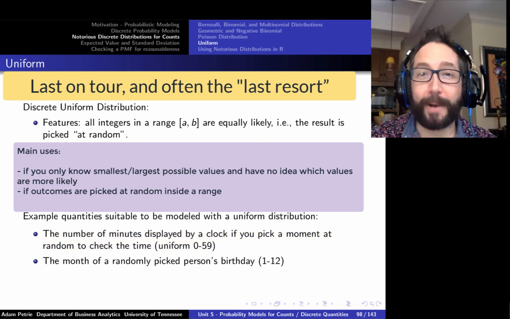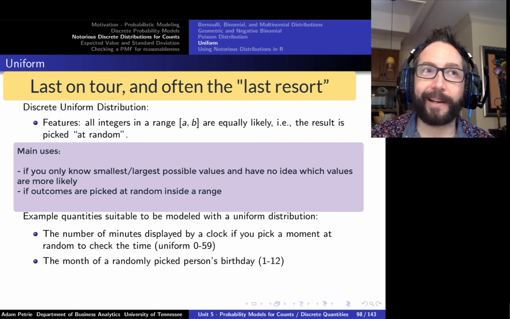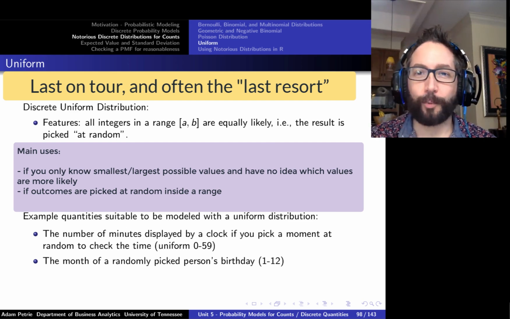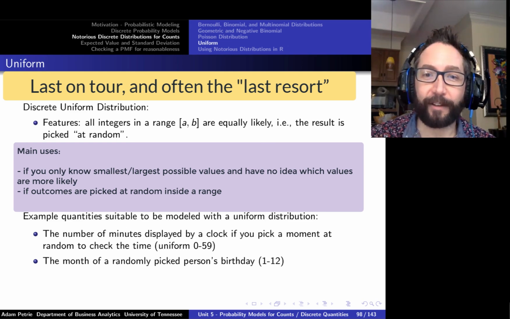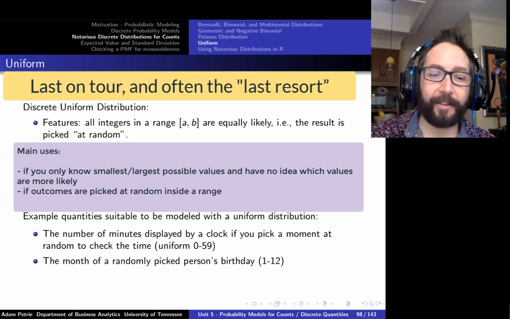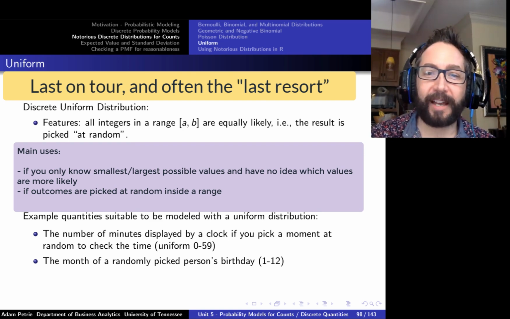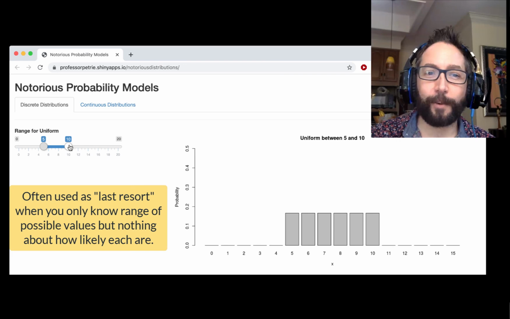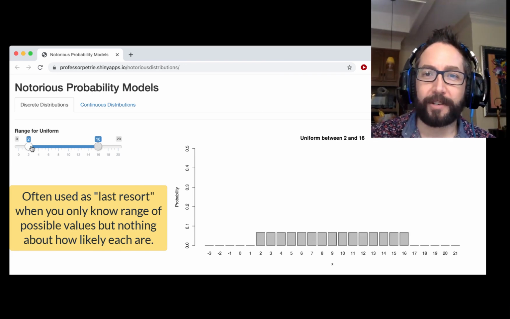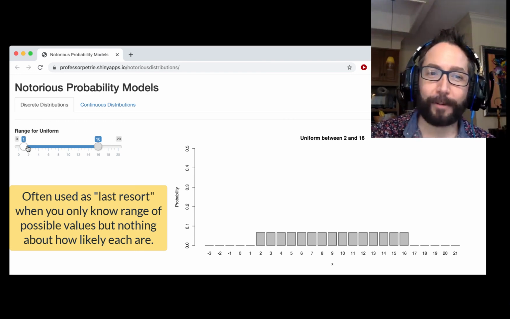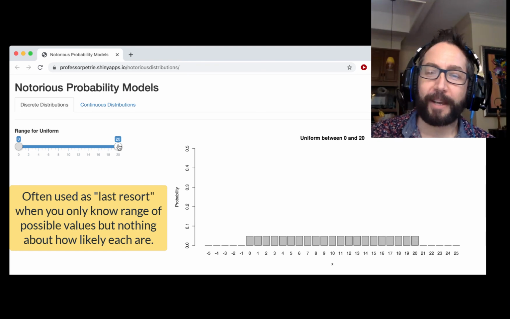Sometimes you just don't know much about the business process. You might just know, well, I know the values I'm going to get range somewhere between 10 and 15. I couldn't tell you which one's more likely, so you might just impose a uniform distribution over those possible values. So not a very interesting distribution to work with, kind of our last resort. Here's a visualization for it. If we increase the range of values we might have seen, of course, the probability of observing each one of those particular values gets smaller and smaller as we include more and more, because that probability is just getting spread out over more and more values here.